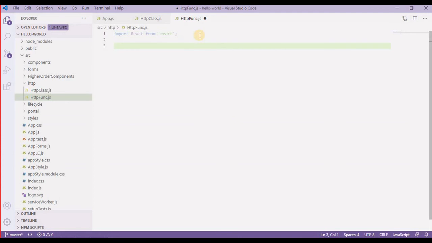and then I'm going to define a function. So constant is httpfunc, which is equal to an arrow function, so add arrow symbols, and then export default httpfunc, like this. And inside this function I'm going to return something.